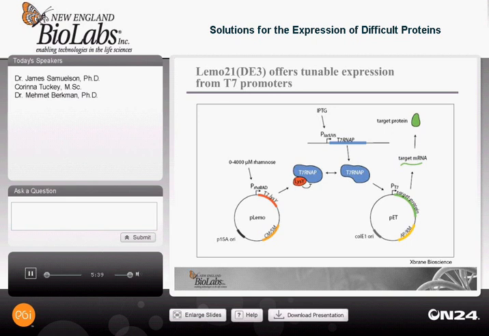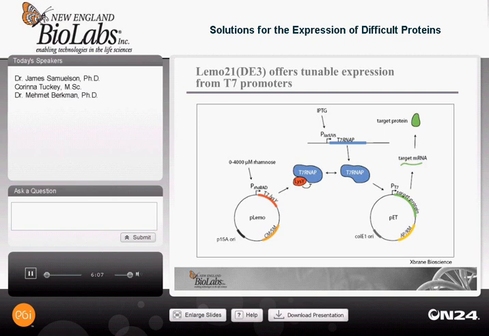This strain was developed by XBrain Bioscience at Stockholm University, and NEB is the only supplier of this strain as a competent cell. With BL21(DE3), expression can be so robust that all of the target goes into inclusion bodies. However, with the LEMO21 strain, activity of the T7 RNA polymerase can be adjustable. By moderating expression, cellular chaperones then have a better chance to fold the target protein.